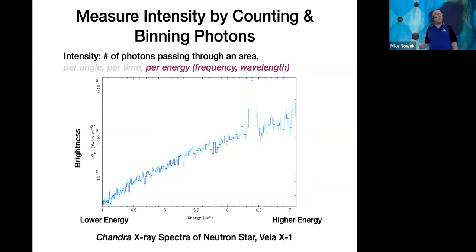Now, what this talk will be about is when we instead bin up the photons over energy, and that's called the spectrum. And here's an example of a neutron star spectrum, and what we plot along the x-axis is the energy of the photons, and on the y-axis we plot some measure of the counts of the numbers of the photons. And I'll be unfortunately using a lot of different units, but don't worry too much about that. Just know that that's a measure of the brightness at a given energy, and you can see in this particular case that there is a spike there at an energy of 6.4 kilo electron volts.